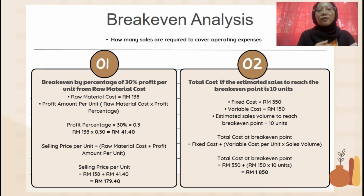First, we have break-even by 30% profit per unit. So to get the profit, we use raw material cost multiply with profit percentage, and we got RM 41 and 40 cents. Meanwhile, for selling price, we use raw material cost plus profit per unit just now, and we got RM 179 and 40 cents. After that, we calculate total cost at break-even point of 10 units estimate sales. We use fixed cost plus the summation of variable cost per unit multiplied by sale volume or unit, which is 10, and we got RM